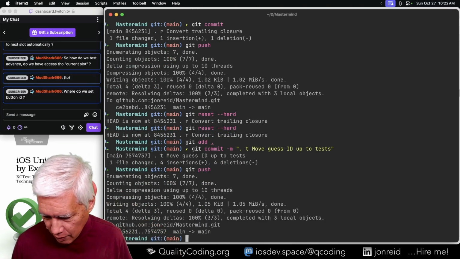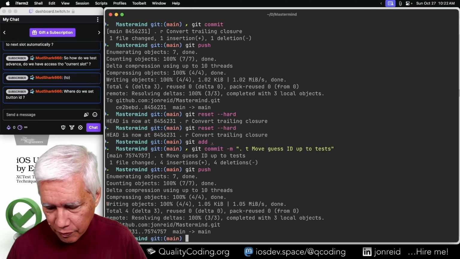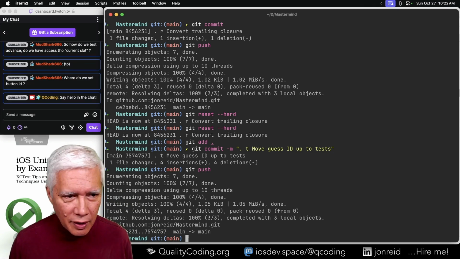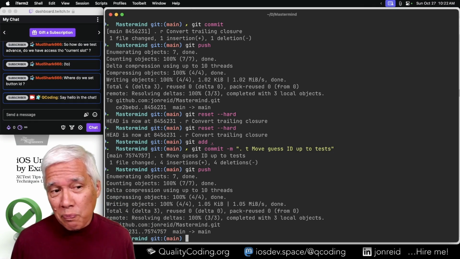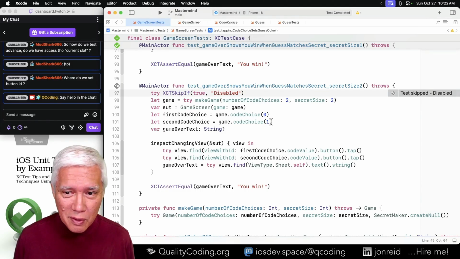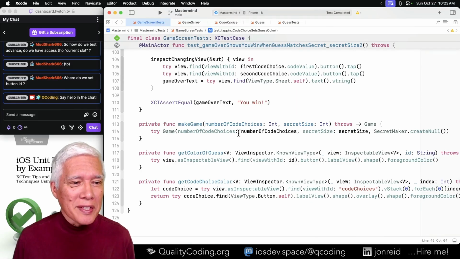Hey, a few more folks have come in. Welcome. Say hello if you wish to. Even if you're just passing through and you've never seen Swift or SwiftUI, there probably aren't many people who are doing TDD with SwiftUI. Say hello. I hope there will be more people doing TDD with SwiftUI.